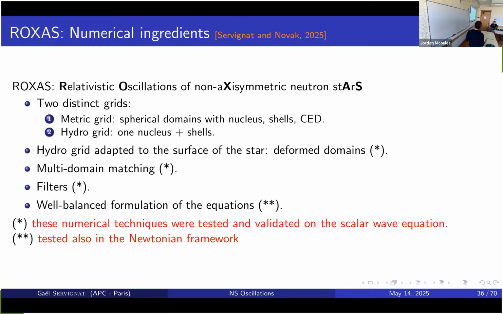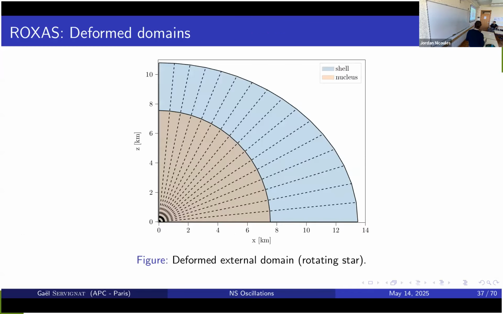There are some more things I'm going to show, and all these techniques have been first validated on the scalar wave equation. Not really interesting. It's just Gaussian packets moving back and forth in a finite domain. And I have done all the same with the Newtonian equations. Okay, so it looks like this, and actually the hydro grid looks like this. You have a bunch of different radial directions, and you have this nucleus that is spherical, and then the external shell, there is one in this case, will fit exactly the surface of the star, which you know because you compute initial data, and that will tell you the surface of the star is at this particular spot.